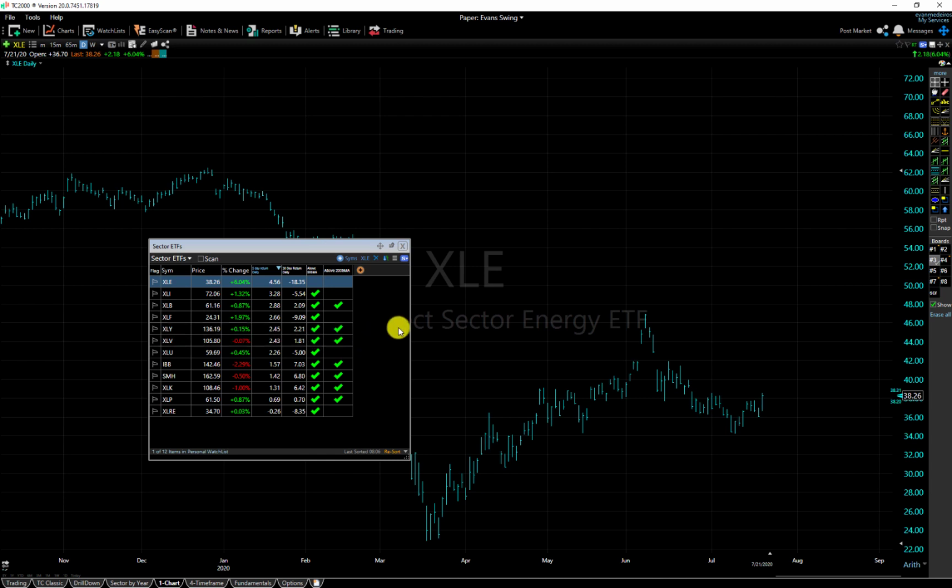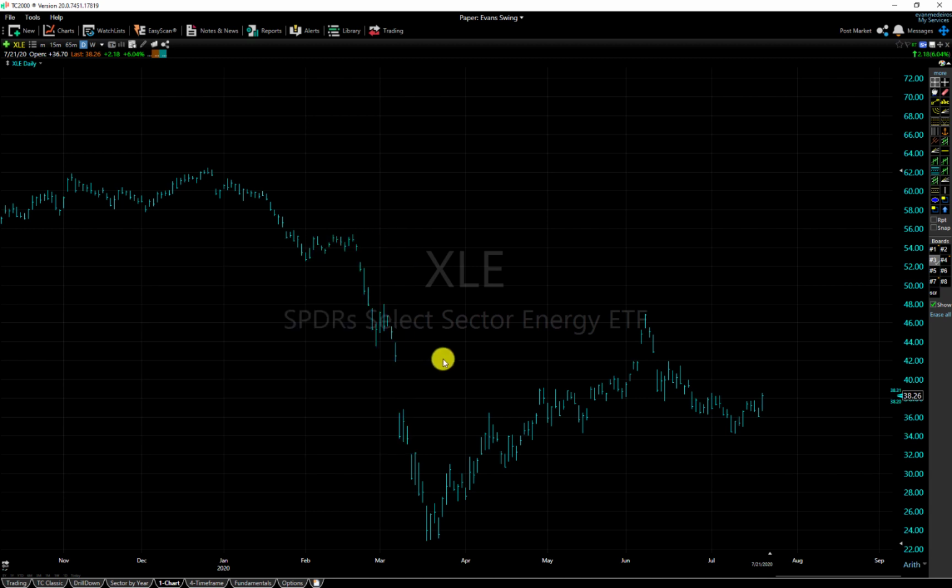And I think that's a fairly unique feature for TC2000, just having the ability to put pretty complex conditions in. One last thing I actually want to show here in terms of ETFs, if I close this down now, and I click on this icon. Right now I have the XLE highlighted. So if I click this little,